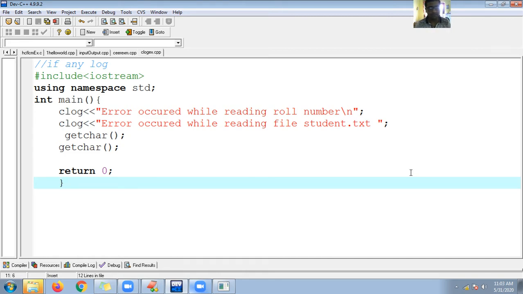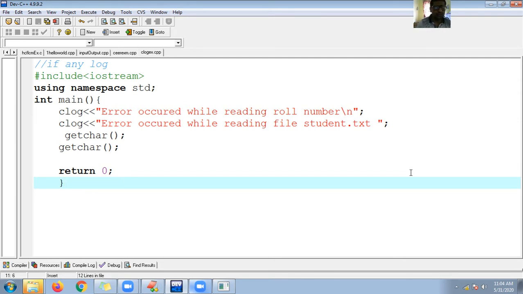To perform that debugging, you need to track the errors, where the error occurs, and from where to where the control flow of execution is moving. To track that flow of execution and the errors, I can take the help of cerr and clog. Those cerr and clog are a part of iostream, standard input output.